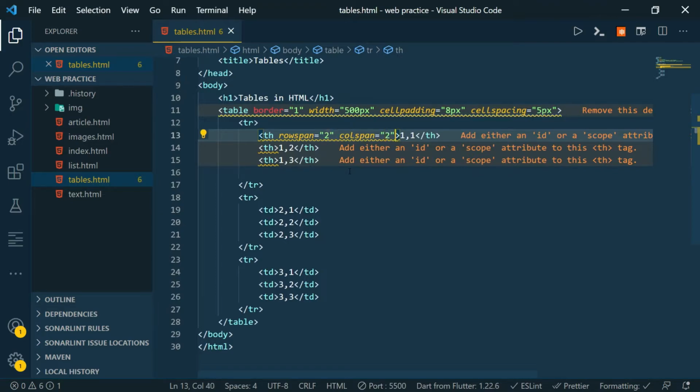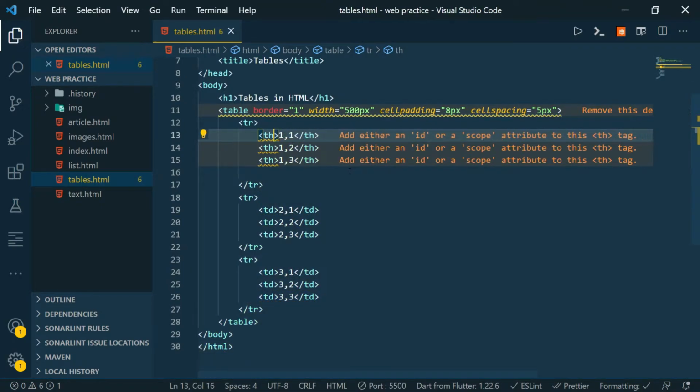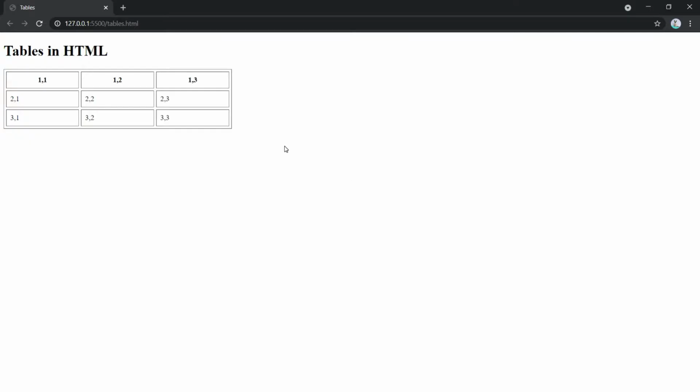This way you can alter the size of your cells using colspan and rowspan attributes. I have no plan of altering it. My table was beautiful without any colspan or rowspan attribute. It totally depends on your application when and how many rows to span. You can only get used to it when you actually apply it on your websites. Don't just try to rush through the videos. Try to apply what we learn here.